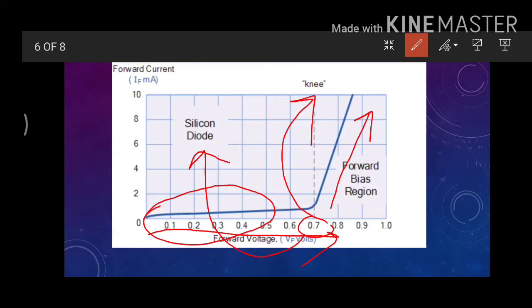So the question arises: how much current can we increase? It merely depends upon the doping of the diode and the wattage of the diode. Usually the normal diodes available in the market can sustain up to 1 ampere or 2 ampere, but above that you need a specially doped diode which can sustain high current. Of course, this depends upon the size, area, conduction and the doping of the diode.